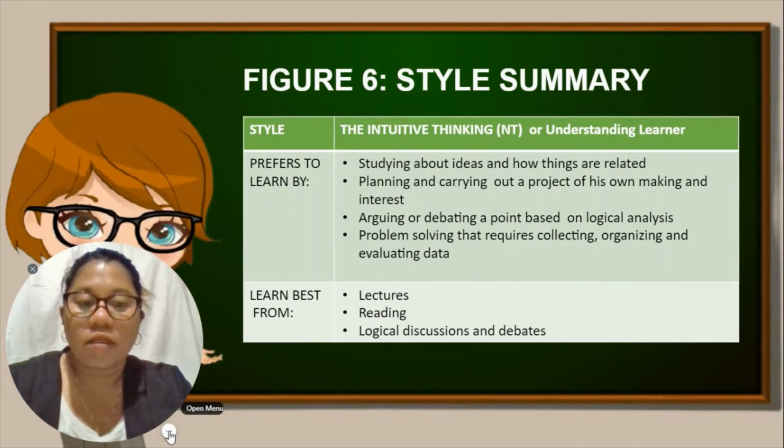So the third one is the intuitive thinking or understanding learner, who can be characterized as theoretical, intellectual, and knowledge-oriented. This type of learner prefers to be challenged intellectually and to think things through for himself. The intuitive thinker is curious about ideas, has tolerance for theory, a taste for complex problems, and concern for long-range consequences. The intuitive thinking or the understanding learner